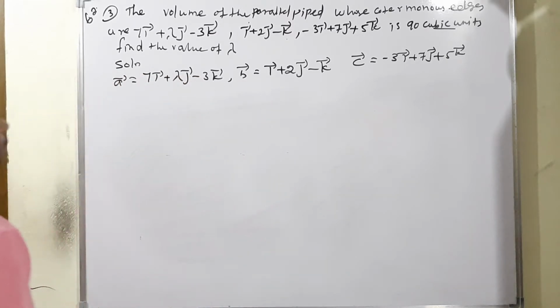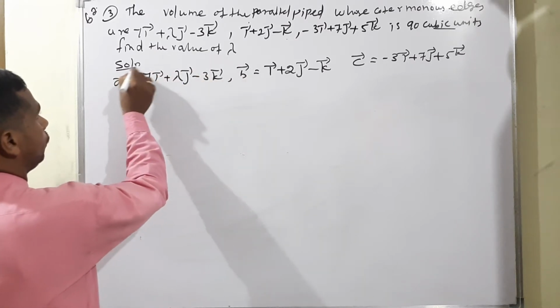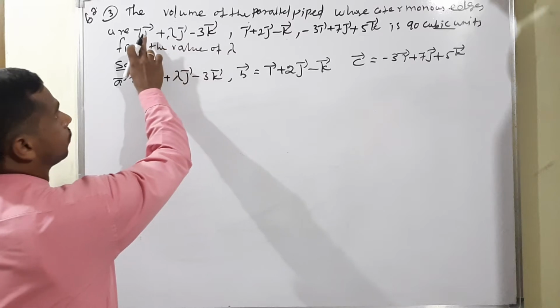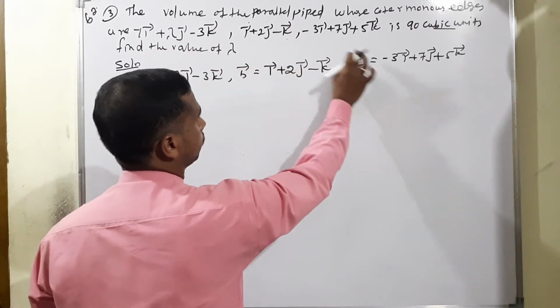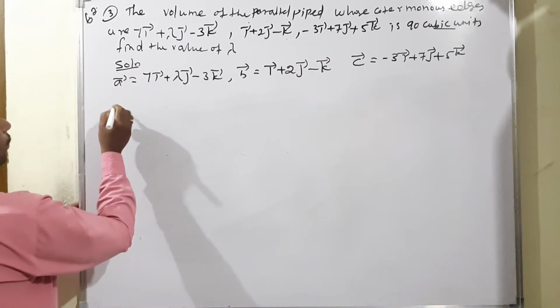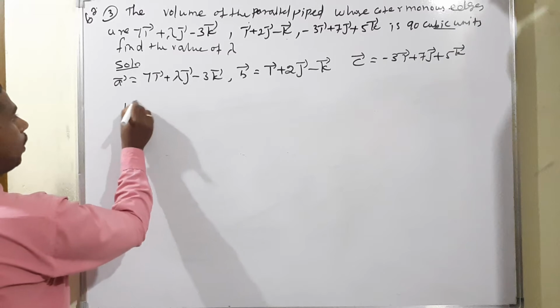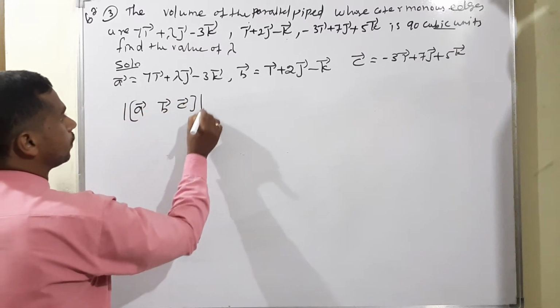Question number 3. We need to find the value of lambda. Solution: let us consider the three terms. The first one is the A vector, the second is the B vector, the third is the C vector. But 90 cubic units is given. That's why we have to write the modulus of the box product of A vector, B vector, C vector is equal to